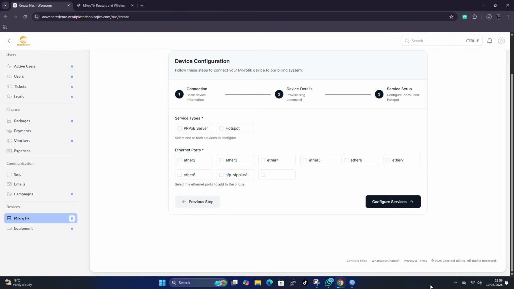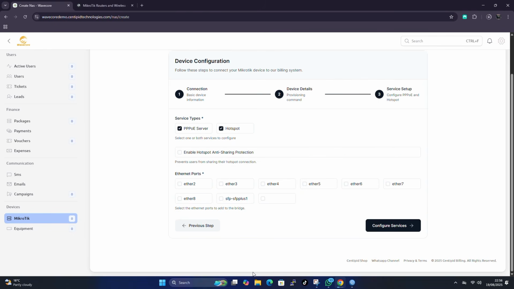Then I need both the PPPoE service and also the hotspot service. And I'd like to enable hotspot anti-sharing protection. Anti-sharing protection means if a client, let's say, buys a hotspot package, he cannot share that package to another user. So another thing I need to point out, you see either one here, the one that is receiving net, please select on that,